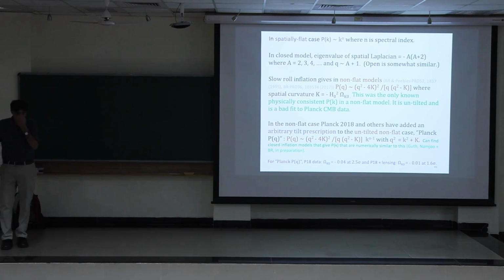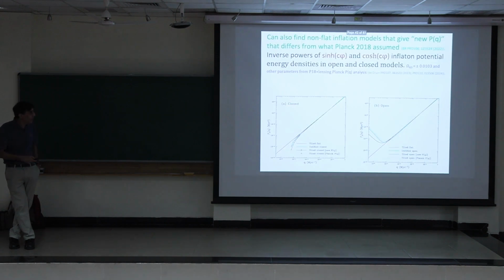So it turns out that you can look at more complicated inflation models. We've only done this for closed models so far. I'm working on this with Alan Guth and one of his ex-postdocs, Mohammed Namjoo, and we should have a paper on this in a month or so. It's all numerical, and you can show that it comes very, very close to this form that Planck assumed. But the power spectrum I have doesn't get to that form. It turns out that in non-flat models you have extra freedom, and you can have different power spectra. There's nothing that forces you to a scale invariant form.